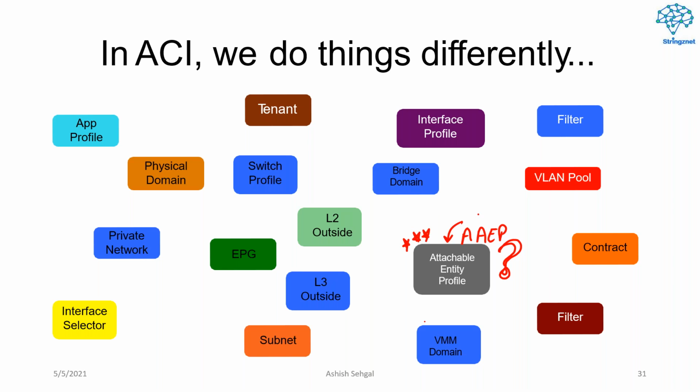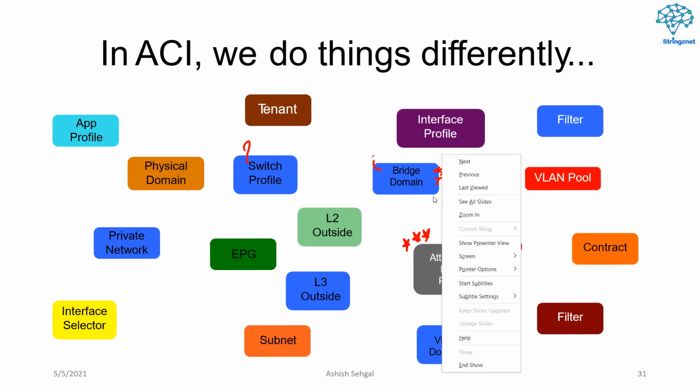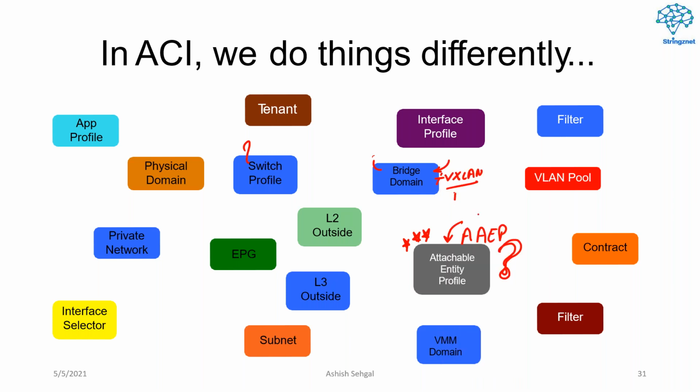Then we can see a lot of other terminologies. What is a switch profile? Bridge domain. The bridge domain we discussed in VXLAN, guys, we will not be confusing with this particular bridge domain. This is different. This is not the bridge domain we talk about in case of VXLAN and specifically for Nexus 7K switches. No, it's not that. Some similar terminologies, but they are indeed different.